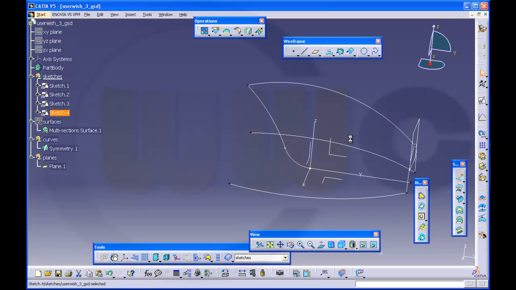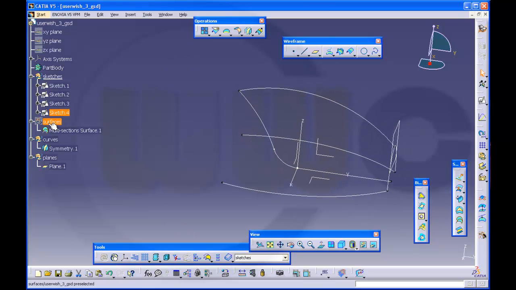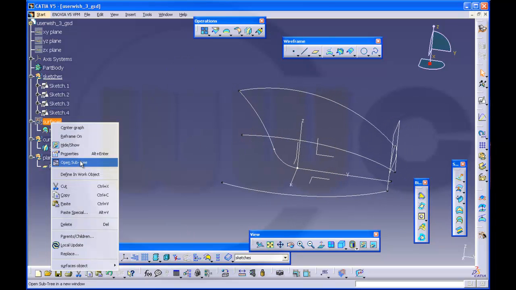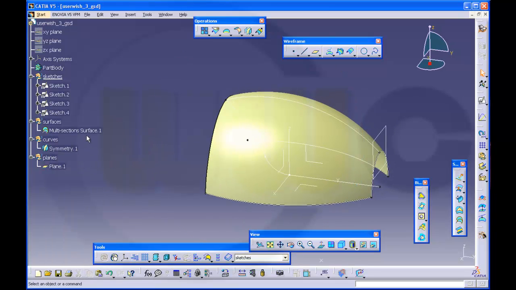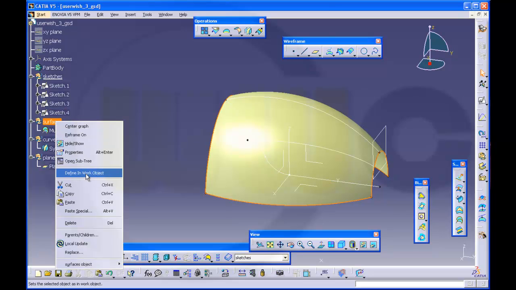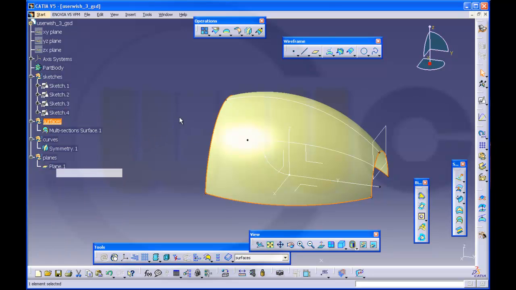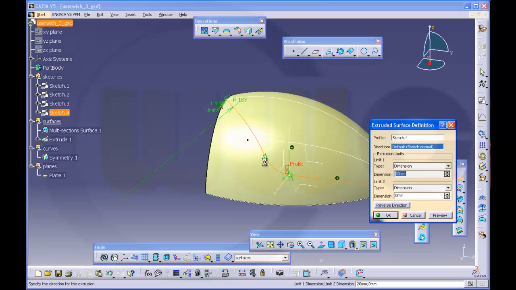Leave the workbench. Yes. Now let's make an extrude with this sketch. So we'll set this in work object, like sketch 4, an extrude,